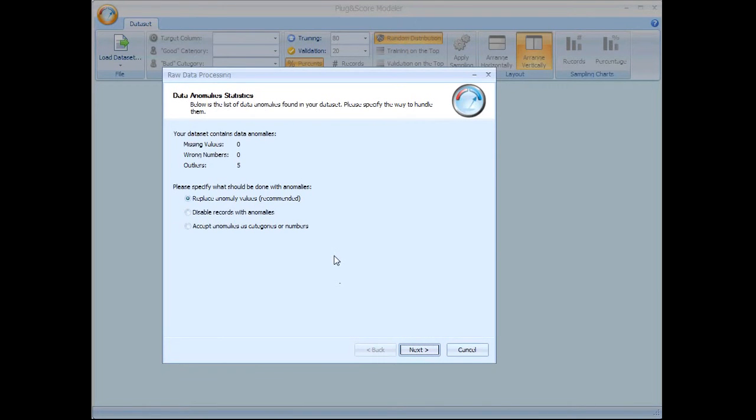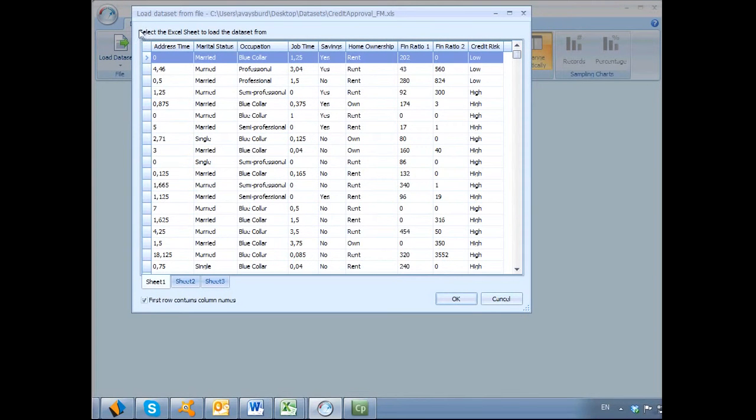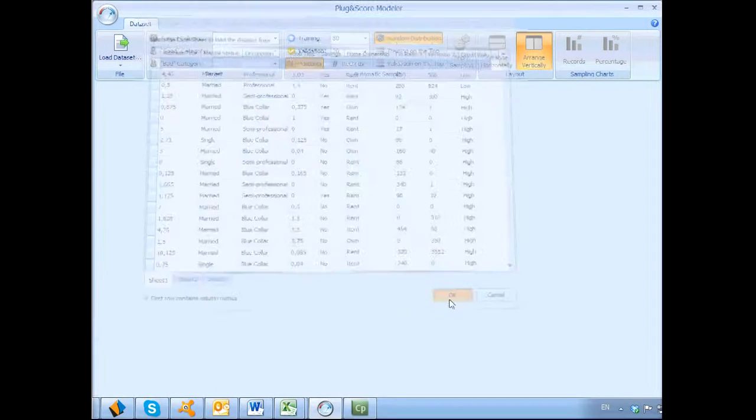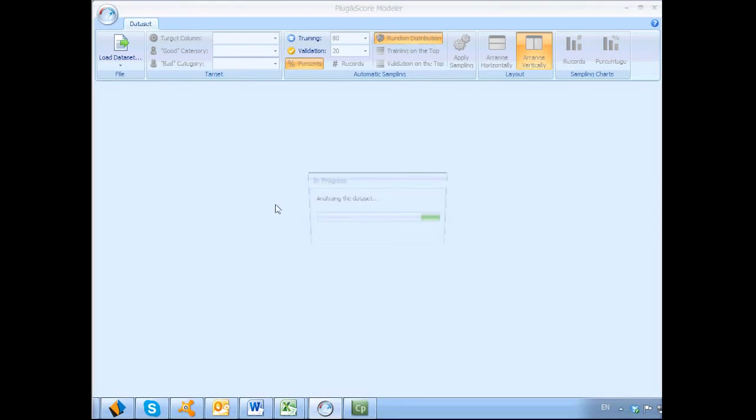In the data, there can be some anomalies. When I say anomalies, I mean missing values, wrong values, wrong input, for example text in numerical variables, or outliers. Here only outliers are present. In the top row we can see the names of variables. They were automatically uploaded from the top row of the CSV file. We click OK and load the dataset,